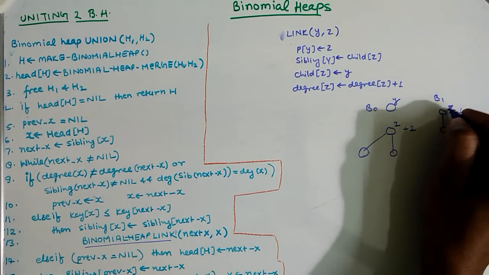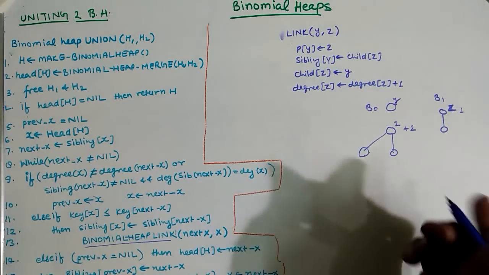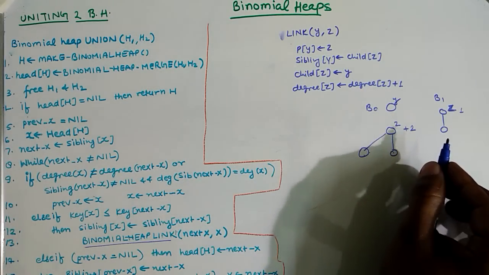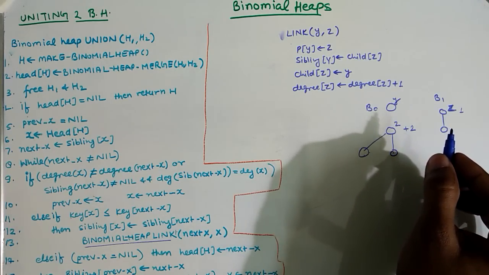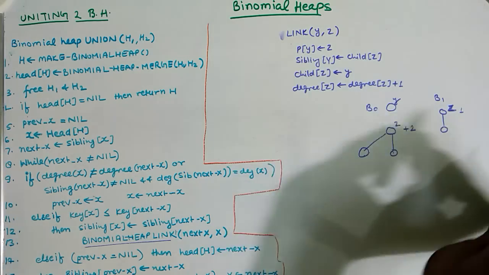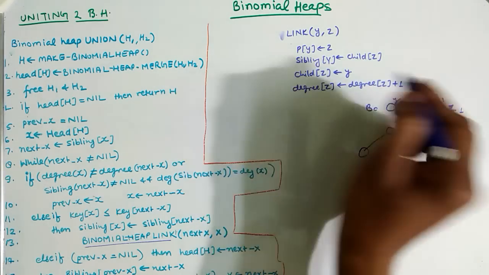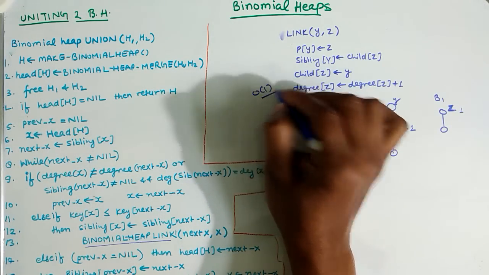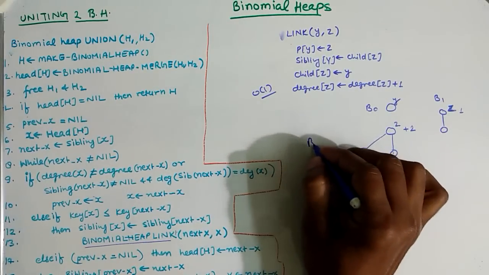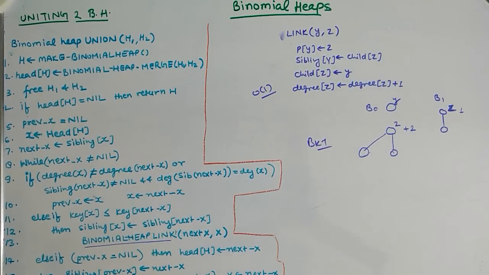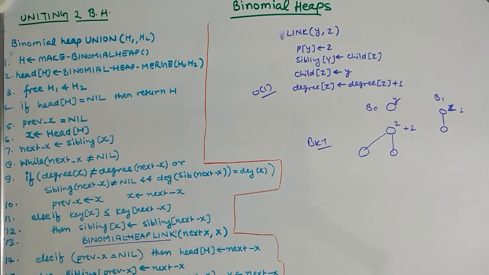Okay, so the binomial link procedure links two binomial trees to each other, and the tree whose root is passed in the second argument becomes the parent. This procedure only shifts the pointers, so it always takes order of one time, and it will link a b(k minus 1) tree into a bk tree. Okay, now let's start with the binomial heap union procedure, and scan this procedure with an example.